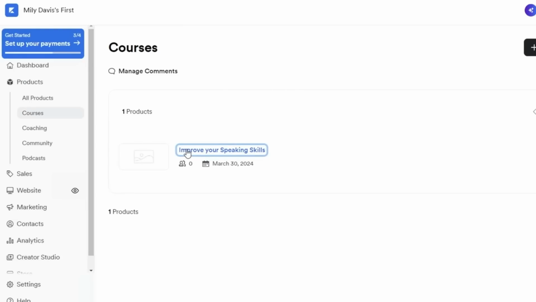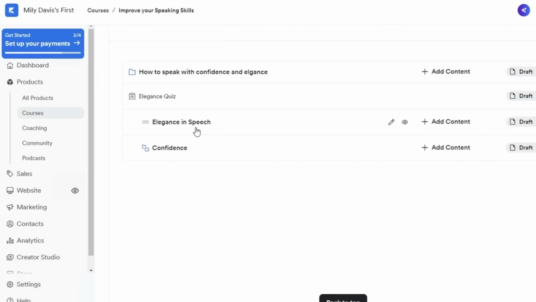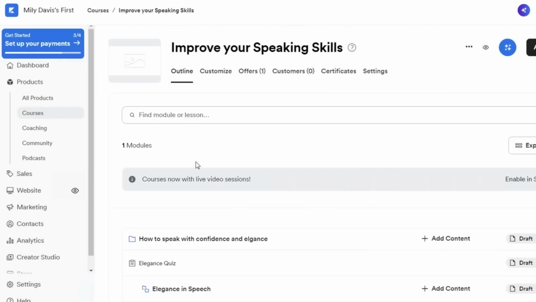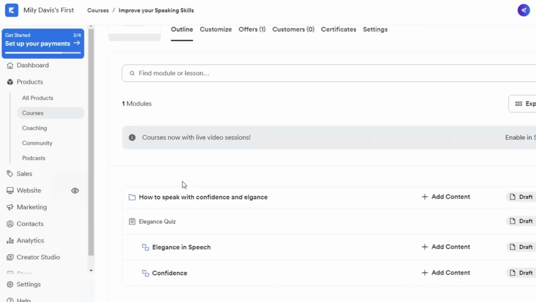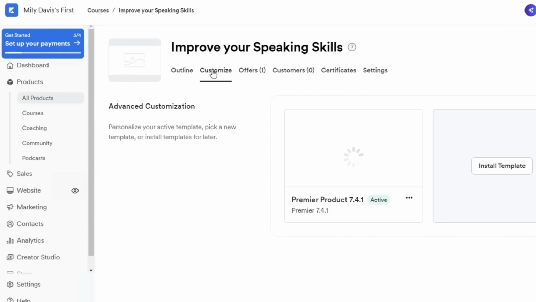Now let's go on ahead and start creating our course completely. So we have generated a basic outline and we only have one module in this course. I can choose to create more, but I find this to be adequate for our example. Now, once you do that, you can click on customize over here and then customize the appearance of your store